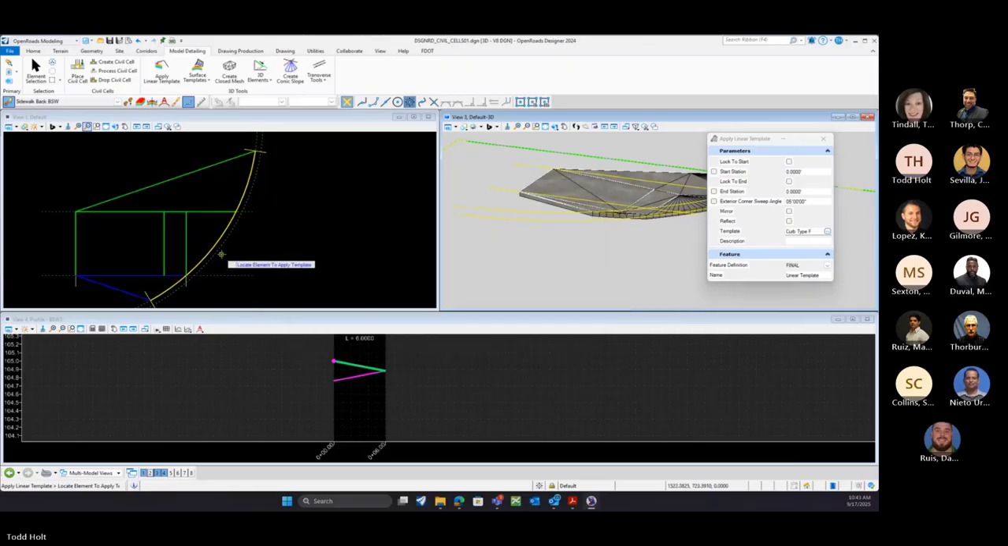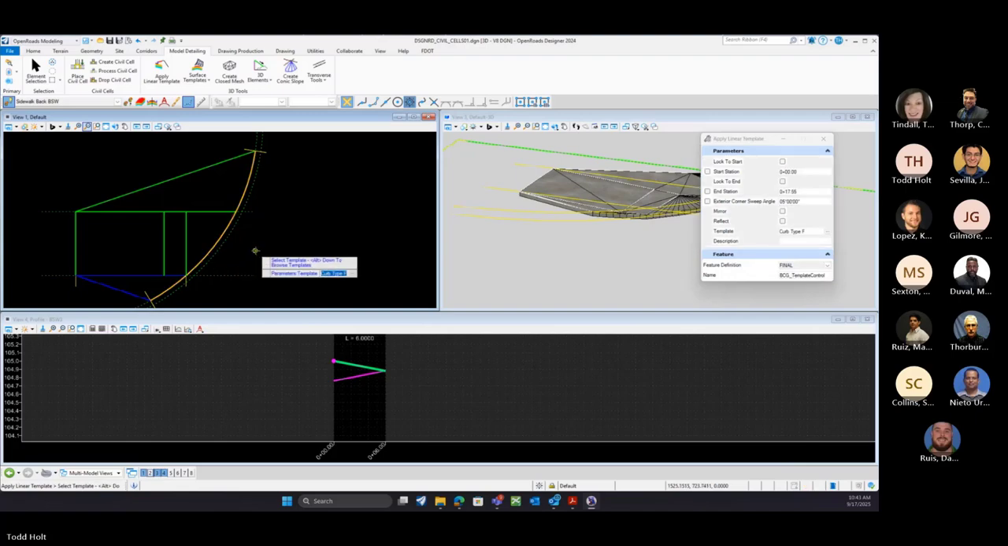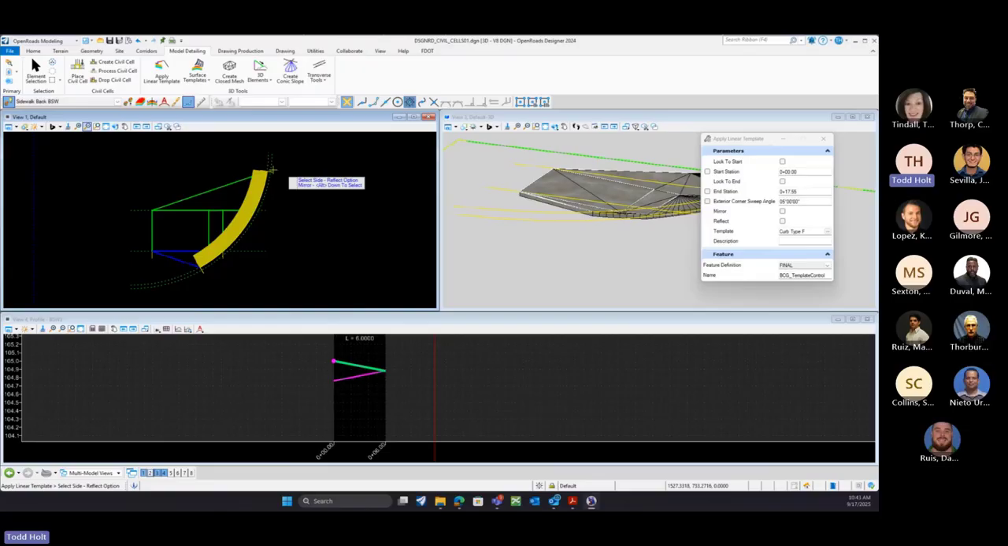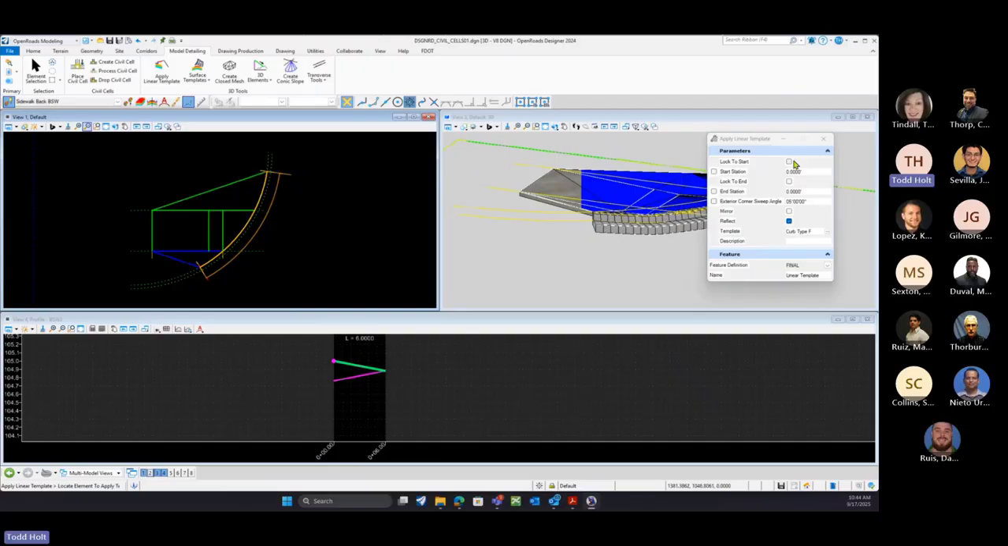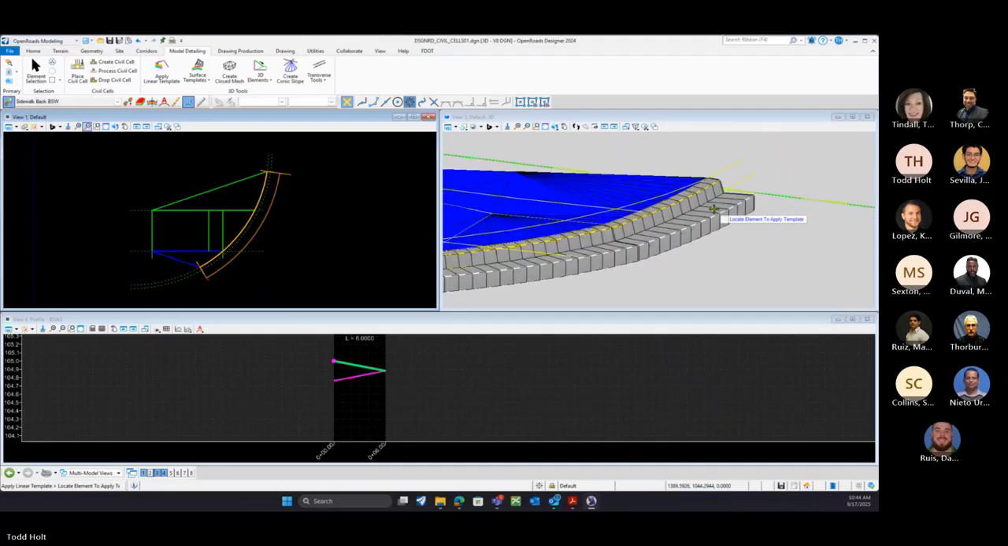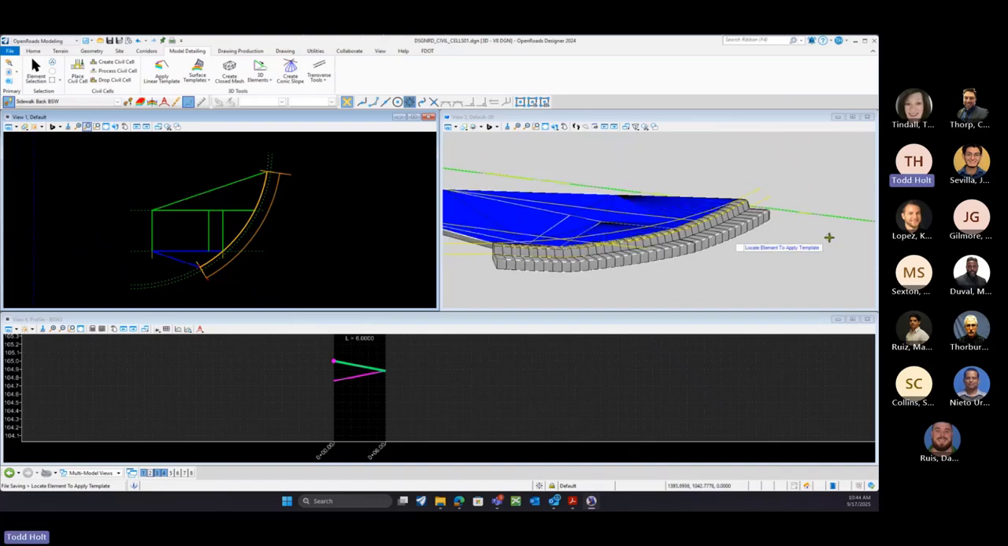Grab that. And we'll lock it to the start, lock it to the end, and select it how we need to, and then place that. So on that one, we probably would have to build